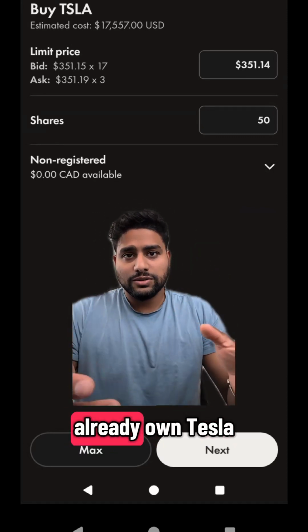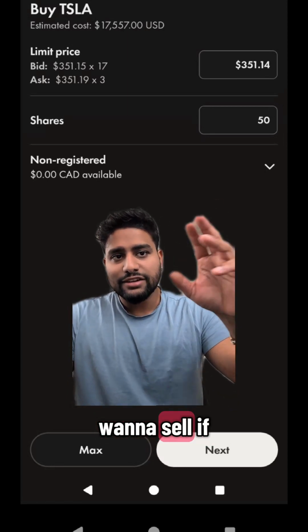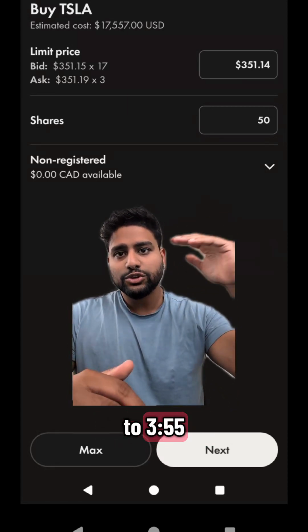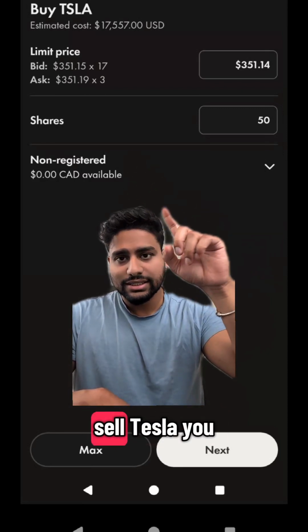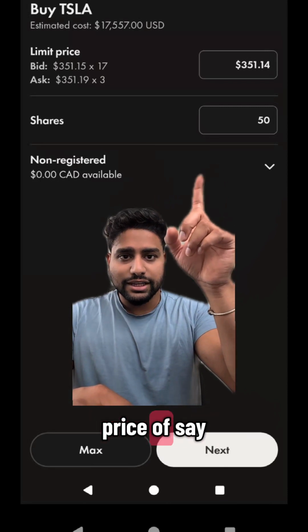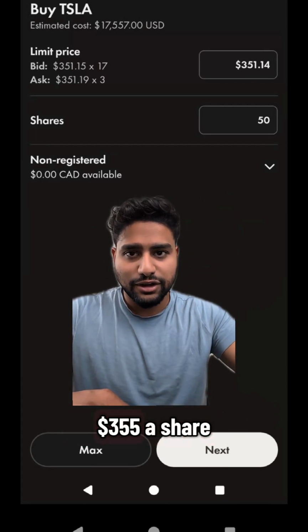So say you already own Tesla stock at 351, but you only want to sell if it goes up to 355, you can put a sell limit order. So basically this is buy Tesla. If it was sell Tesla, you would put a price of say 355 and it'll only sell, meaning execute, at